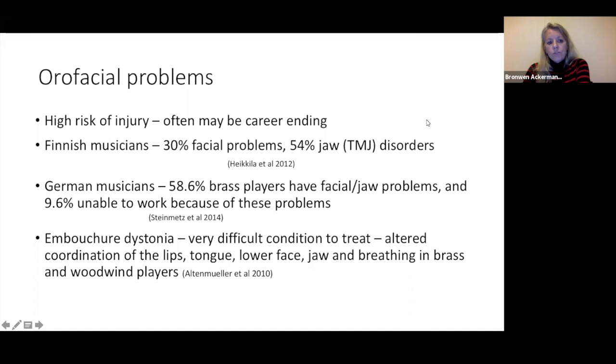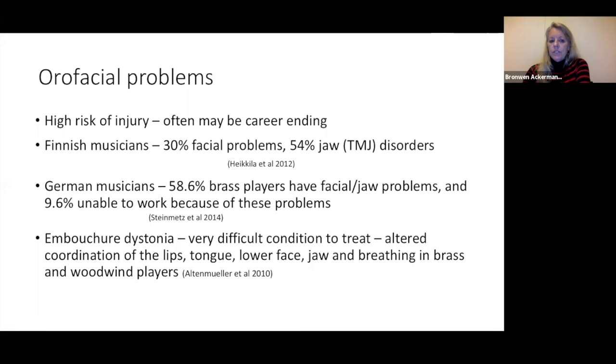Why do we care? Because orofacial problems are a massive problem in the woodwind and brass community. I'm working particularly with embouchure dystonia at the moment, and this is usually career-ending. However, with these kinds of ways of reworking the coordination and strength of the system, I'm getting people back to playing quite successfully. It is a process and it's re-coordinating a whole lot of things working together, but it can work very well. Just to say the other thing we deal with, because I'm going to briefly talk about this first, is a lot of jaw problems in